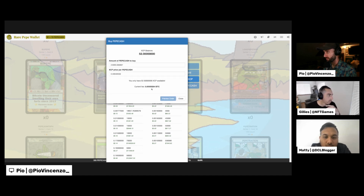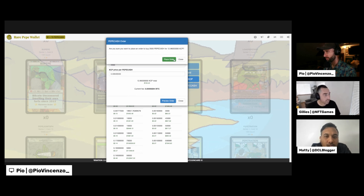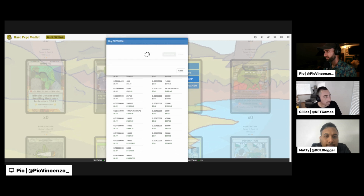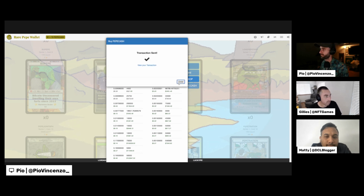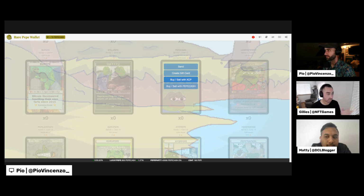Yep. And then you put in 2,000 on the top there. You want 2,000 Pepe Cash, and then it tells you how much it's going to cost, and then you preview order. So place order. It normally sets your transaction gas for you. So these transactions can take anywhere from 2 minutes, or probably not 2 minutes, but like 10 minutes to 3